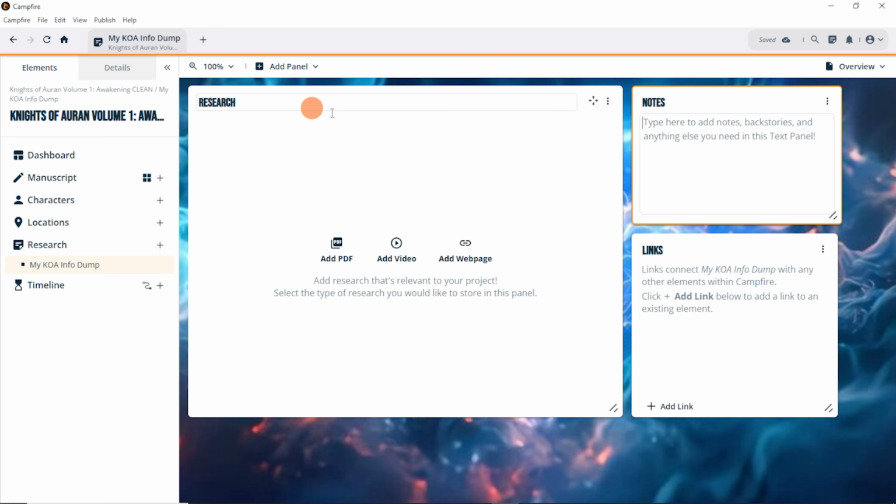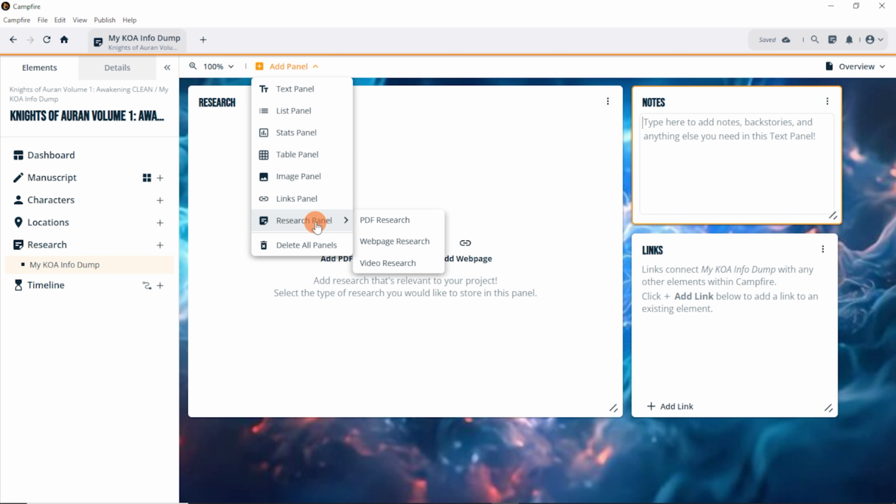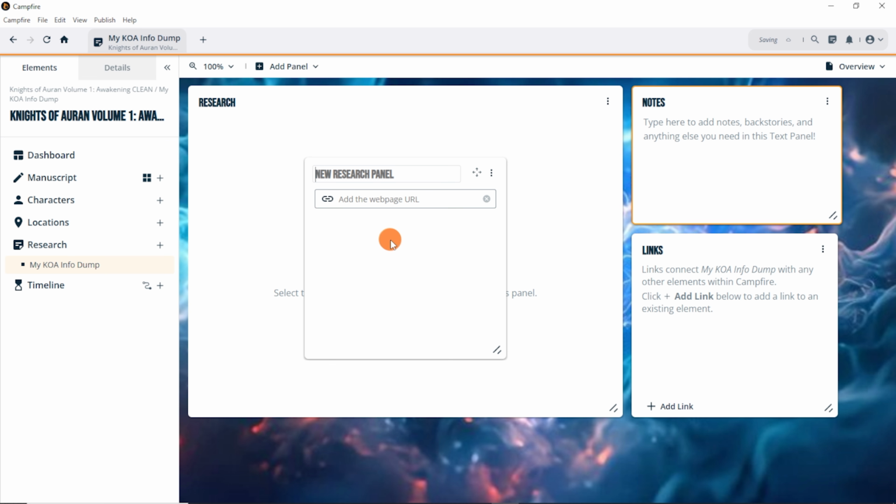This is the research panel. When I go to add panel, click on research, I have the option of choosing how I want it to be created. If I know a web page, we click on that. It's going to ask for the URL. I'm going to use my